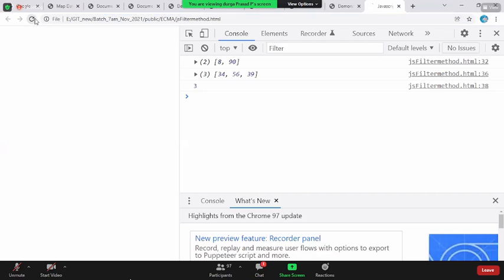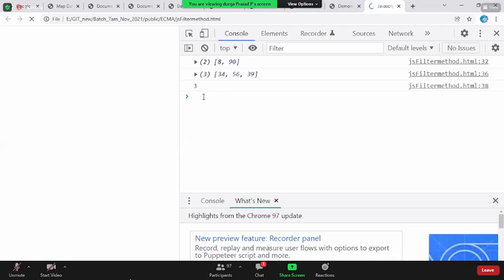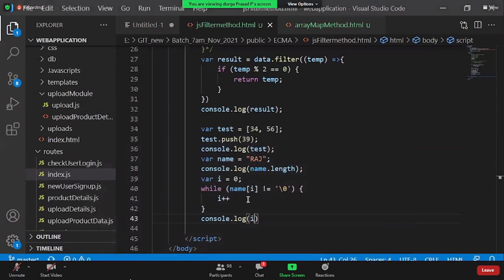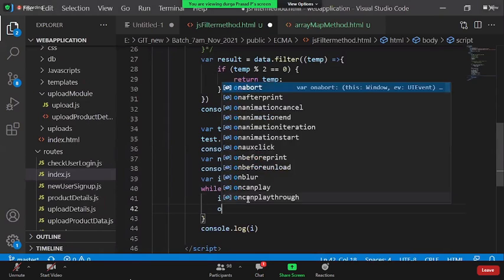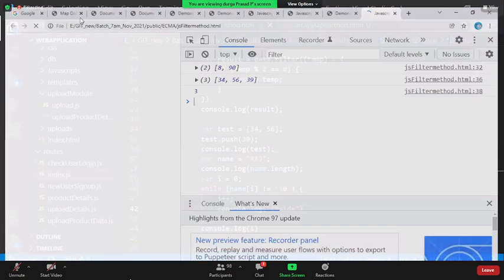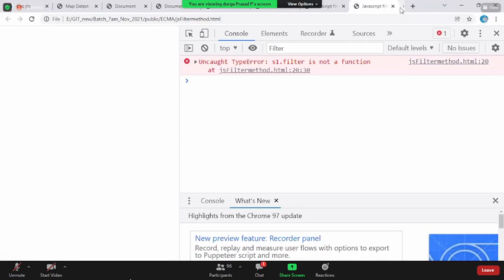If you reload the page. Yes, it is going into infinite iterations.